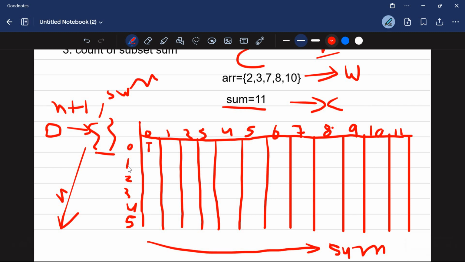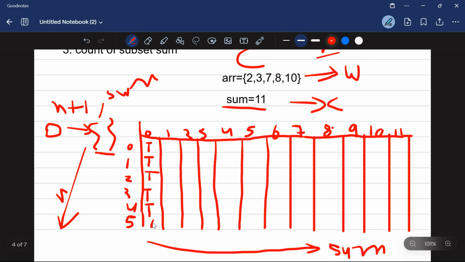So one item and sum is 0. Here is one item, like two items, so we need to sum 2. If one item and sum is 0, you don't need to put that item. Simply put this subset, the null subset. So yes, one subset is present. Here T is present. True means, in the first row, T is present means we are taking the null subset, so that our sum